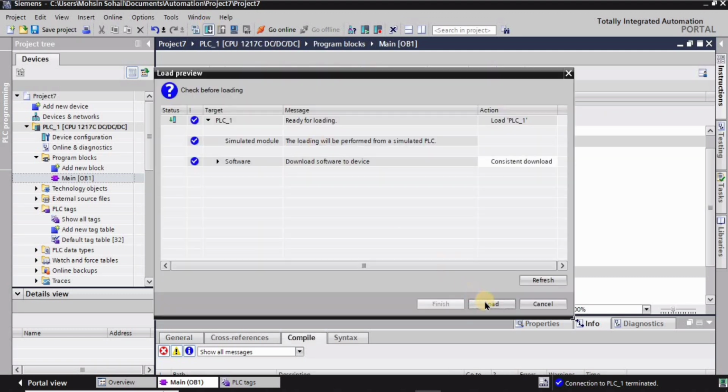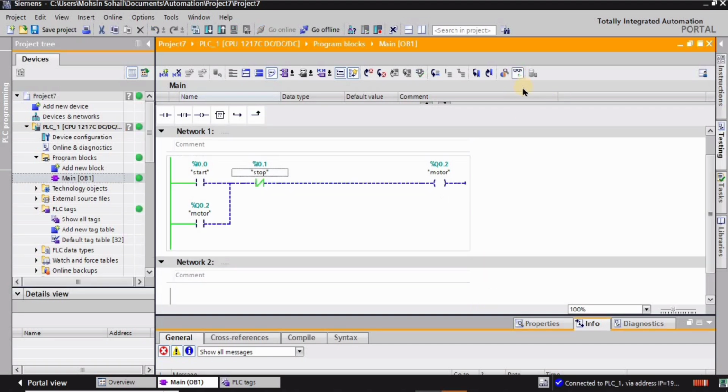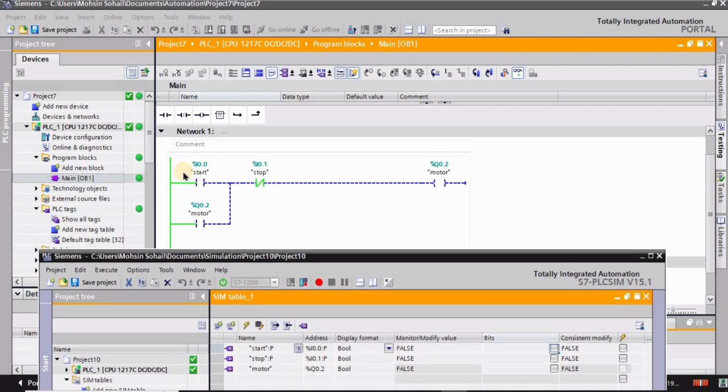And now we are simply downloading this program. Click on load, and then simply turn on the monitoring mode from here. And now let's verify if the holding and breaking contacts are working as intended or not. So when we click on the start push button, the motor should get turned on, and it is turned on. Okay, now if we turn off the start push button, still the motor is running, and it is because the